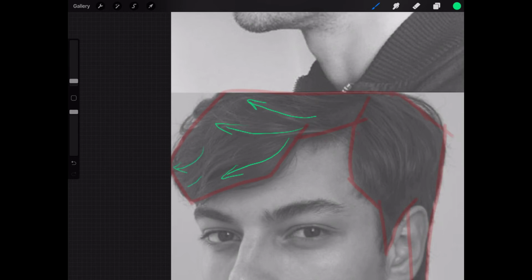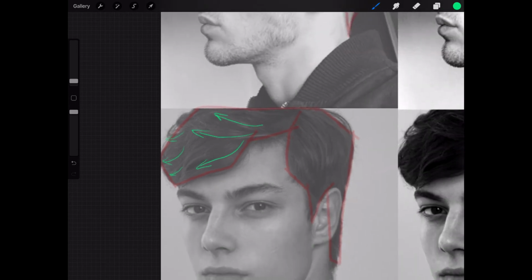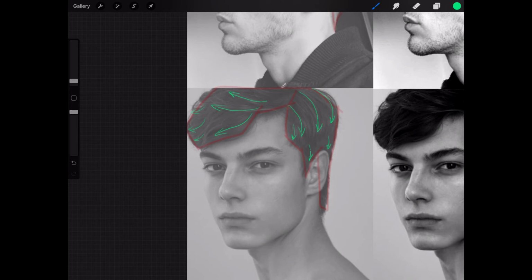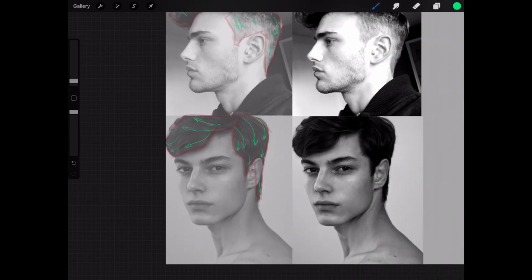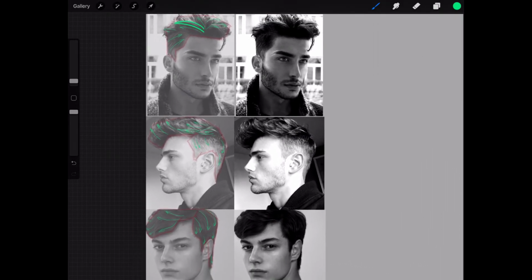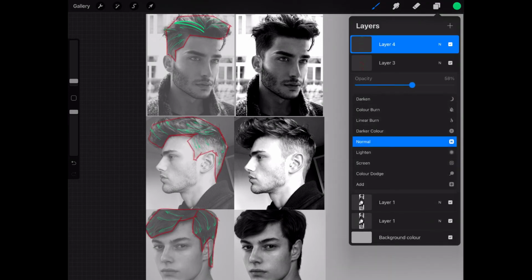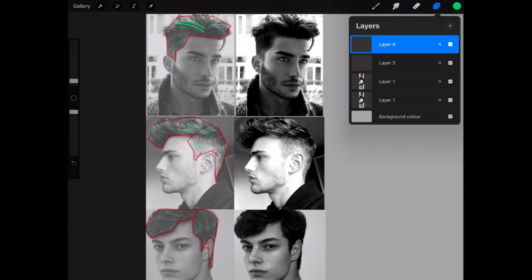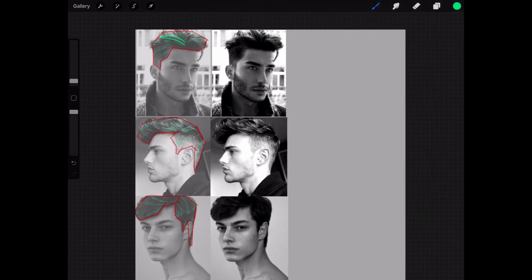So you can just simply analyze this reference. You can see I'm still laying down the arrows for the third reference. I'm drawing some arrows and showing the direction of the flow of the hair. It's very important to keep in mind the flow of the hair, and also the highlights and how they are placed on the hair. After you're done analyzing the strands of the hair and the highlights, you can proceed to